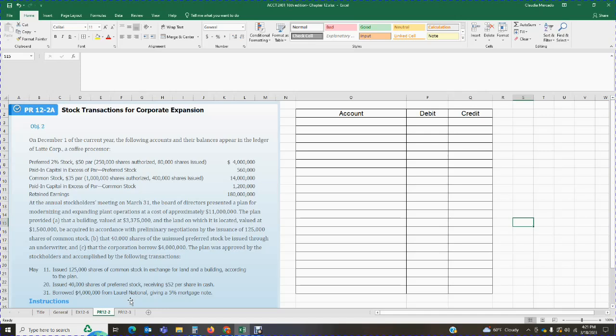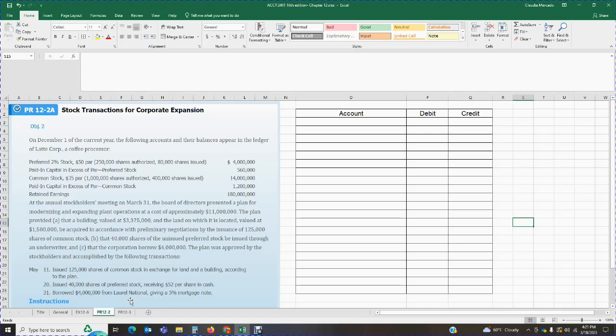We've got paid-in capital in excess of par for preferred stock, $560,000. We've got common stock at $35 par, 1,000,000 shares authorized, and we've got 400,000 shares issued. We have it in our books for $14 million. We've got paid-in capital in excess of par for common stock at $1,000,002, and we've got retained earnings of $180